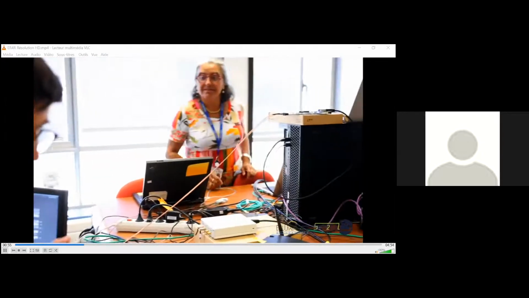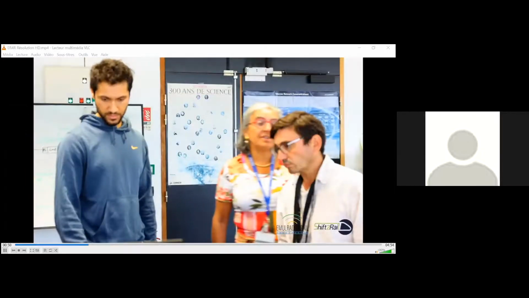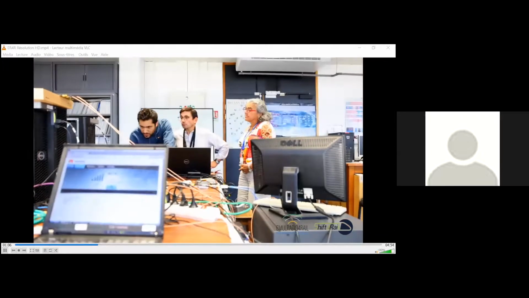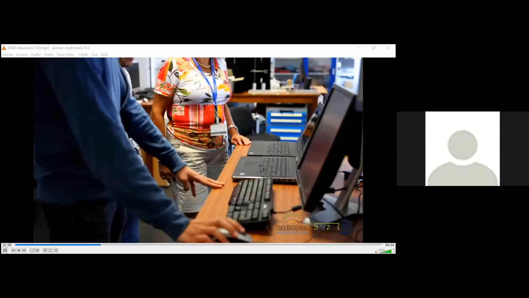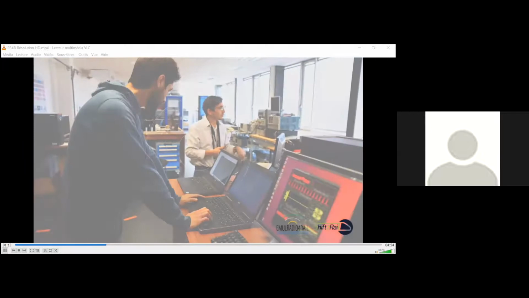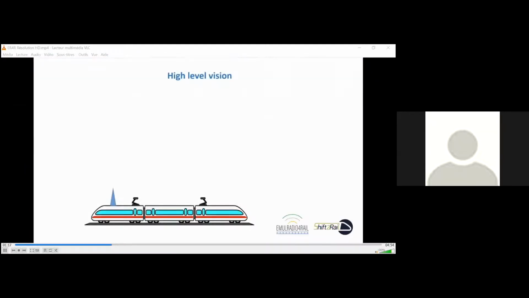The test of a new wireless communication system in real condition on the track is very expensive and very long. New systems should be validated without expensive trials. To do so, this approach is called zero on-site testing. The Emulradio4Rail objective is to answer the challenge of zero on-site testing.